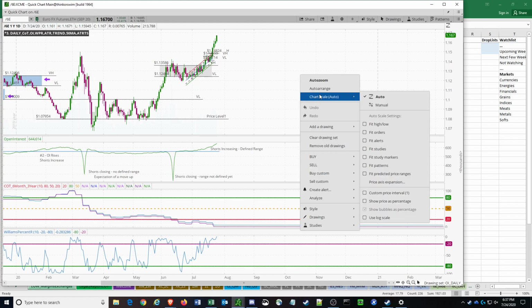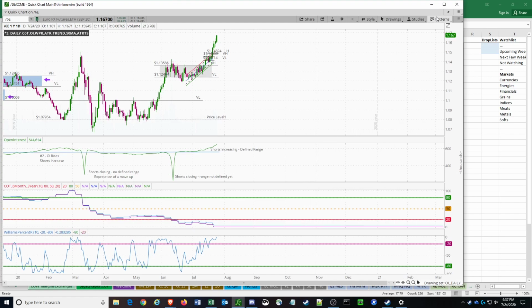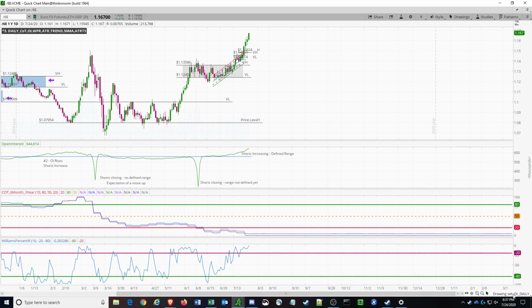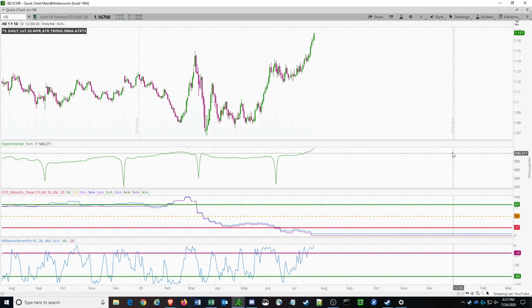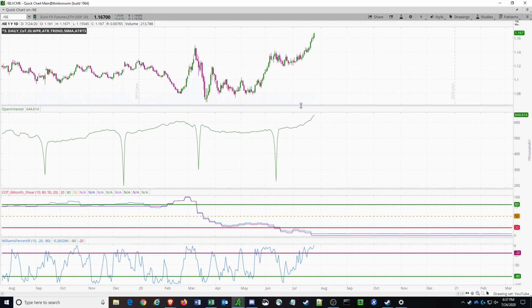So this is our commercial interest chart here. Let's see if we can get a pretty good look at this on the daily time frame. All right, so what do we notice? Quite interestingly, with the Eurofx, as price starts to climb higher, this open interest is shooting up here. So we're at relative, and relative is a loose term here, open interest highs